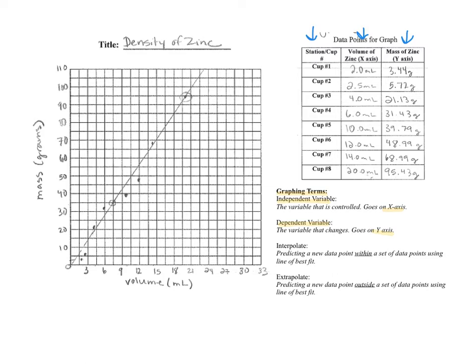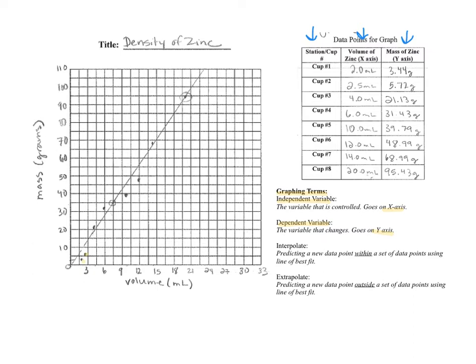If you weren't sure, you could just say volume versus mass of zinc. That's still a title that describes that graph. So then I went through and I plotted the points here, so you can see the little dots on the graph as I go. And then I noticed that they pretty much make a straight line, but it's not perfect,